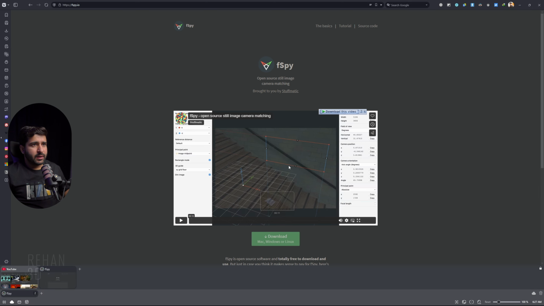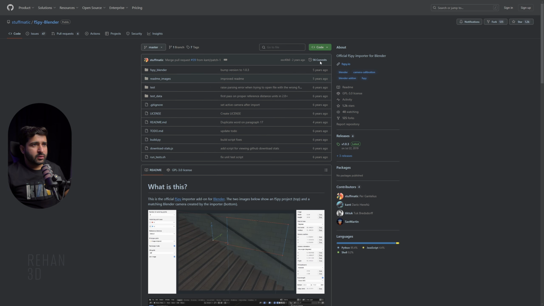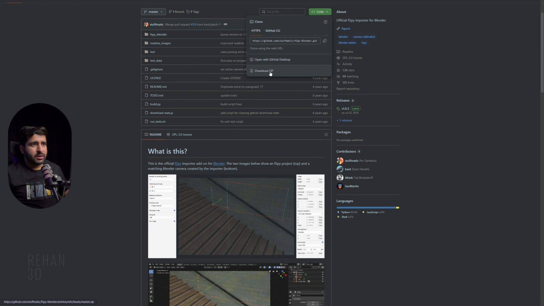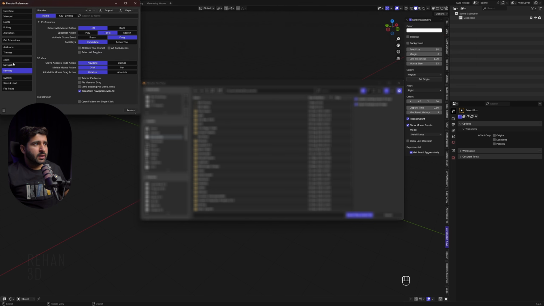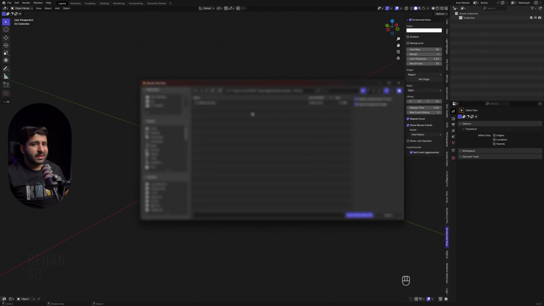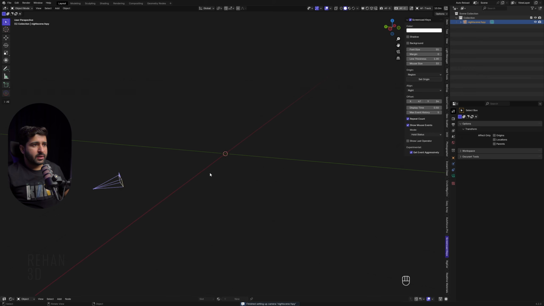It's very easy. And after this you can come to this GitHub link here, and here you have to simply download this Blender add-on. So here simply Download as zip. After this open Blender, go into Edit, Preferences, and here you go into Add-ons, Install from Disk, and give it the zip file location. And after this you will install the Blender add-on also. So now I will import that SPY file which we have saved. So night scene, import as a project file. You can see our camera is set up.